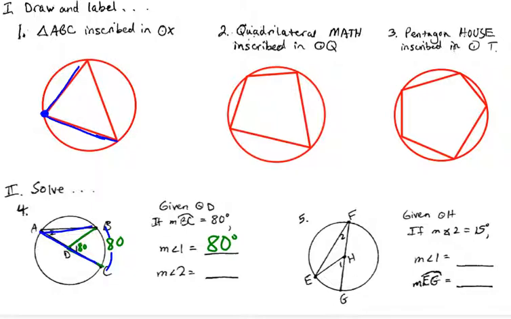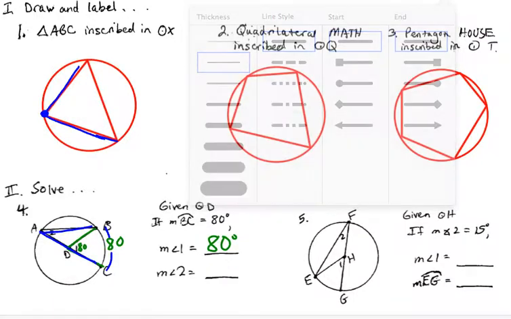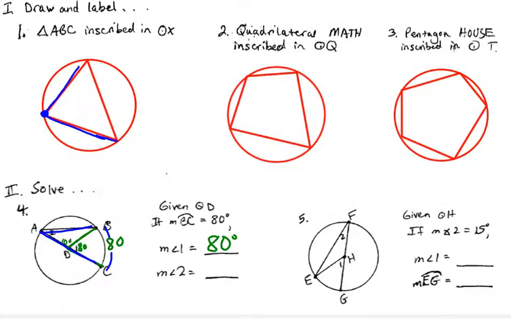Now, if you did this correctly, you should have used, of course, supplementary angles here to get 100 for this angle. And then if you're really observant, you should be able to observe that triangle ABD is an isosceles triangle. That's the trick there, because we have two radii. You're used to seeing the radii. Radii are congruent, and that gives me equal angles, 40 degrees and 40 degrees,